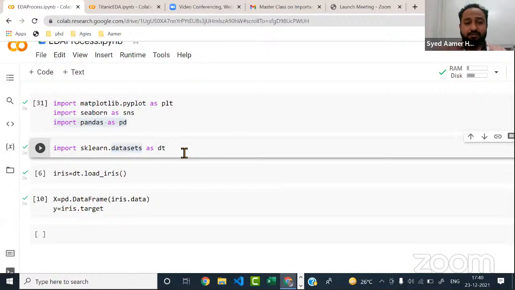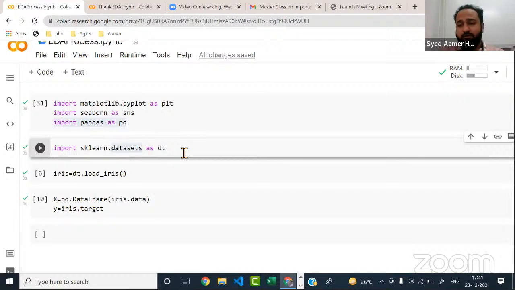Now, the next thing is, let me tell you first, for new users, especially those who are not familiar with even Python. I am using Colab. It's from Google, and it's a very nice platform where you can code in Python or any other language as well, and you can simply execute your code and see the output here as well.